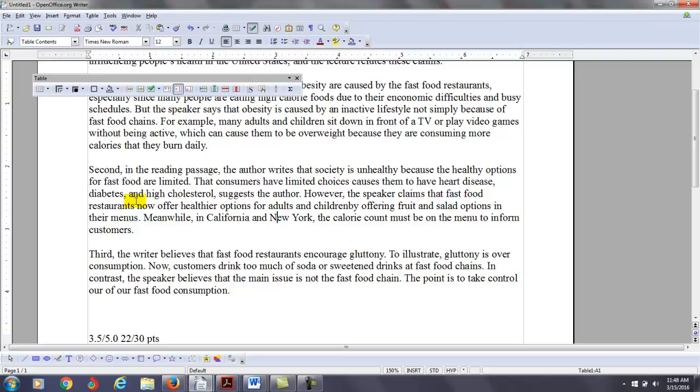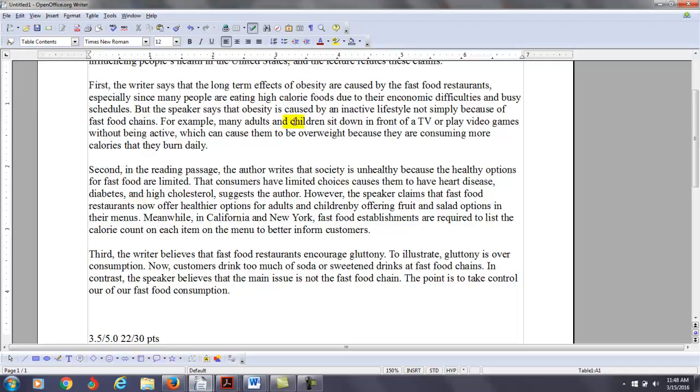Meanwhile, in California, New York, fast food establishments are required to list the calorie count of each item on the menu to better inform customers.